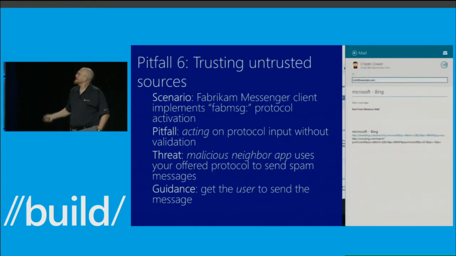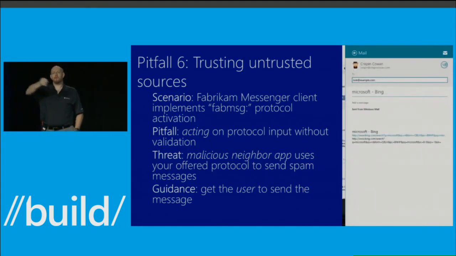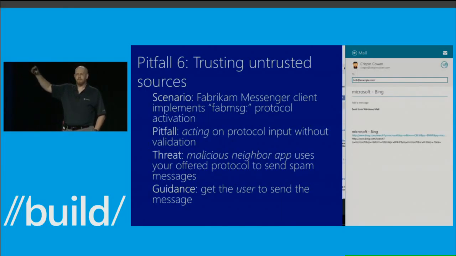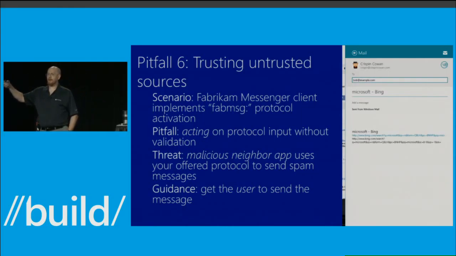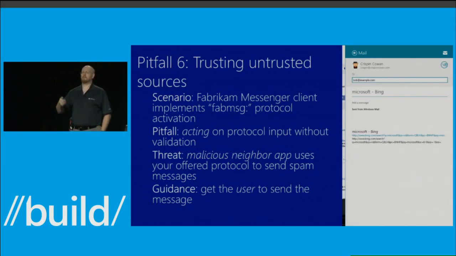Instead of saying, mother may I, do you really want to do this thing, ask for a comment. This is the mail share interface from Win8. And it's saying, oh, you're about to send this content here. Why don't you add a comment to your friend about what you have to say about this thing you're about to share? This is a consent prompt because there's a cancel button. But the user doesn't know that. The user thinks they're adding a comment. So it is not perceived as a stupid mother may I message. But it still has the security effect that the action is validated by the user. So other apps can't manipulate your app without user consent.